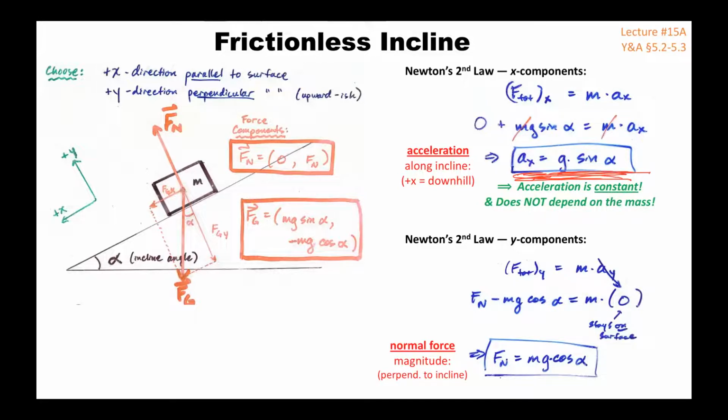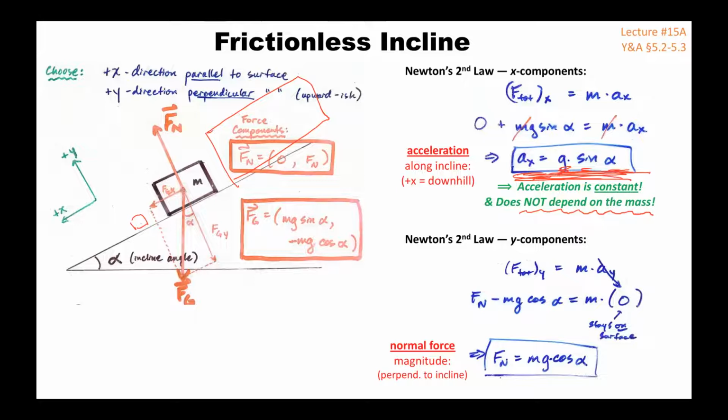The other thing to notice is this does not depend on the mass of the object. So if we had a bunch of objects all with different masses, on the same incline with angle alpha on the same planet with acceleration g, then they'll all have the exact same downhill acceleration. Initially this seems remarkable, that if we release a whole bunch of objects of different masses from rest, they should all accelerate down the incline at the same acceleration. But we know this is already true for free fall,